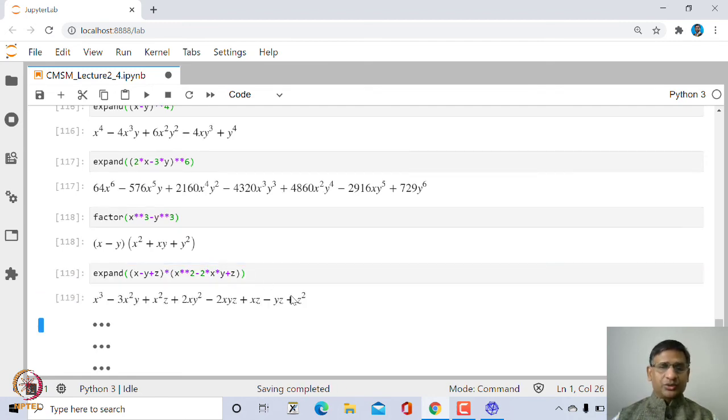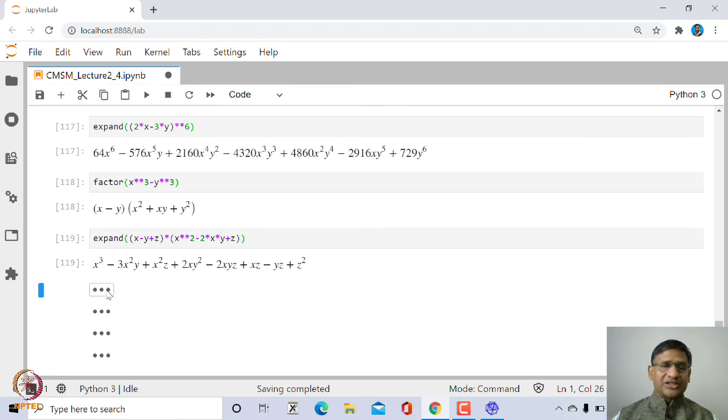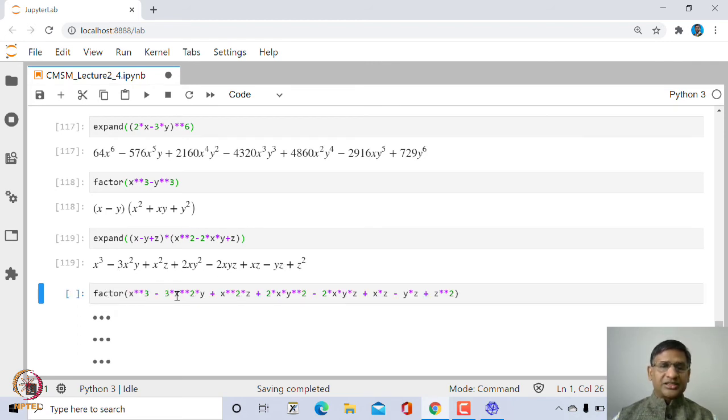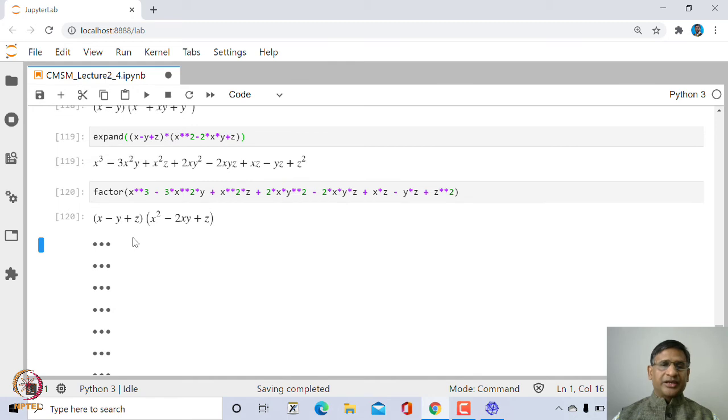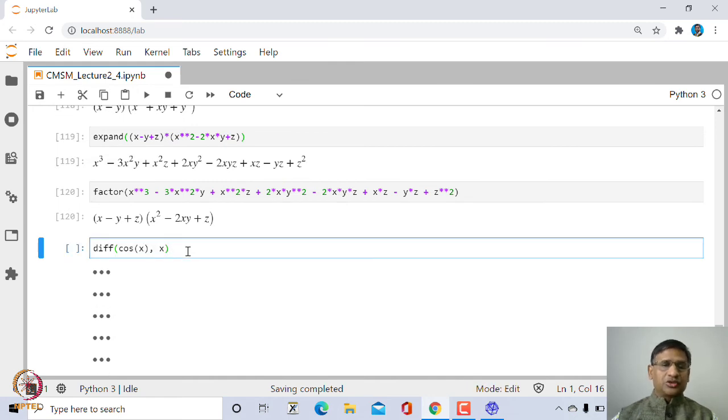So this is what you get, and if you try to factorize this, then you should get the original factors, which are (x minus y plus z) into (x square minus 2xy plus z). Right. So you can also find the derivative of a function. If you want to find the derivative of cos x, you just use diff of cos x with respect to x.